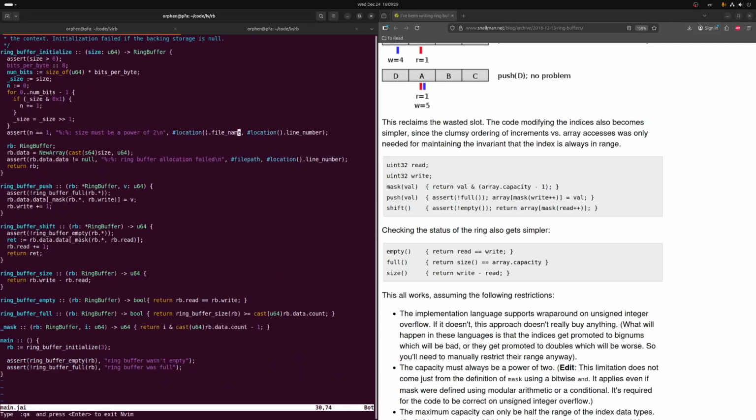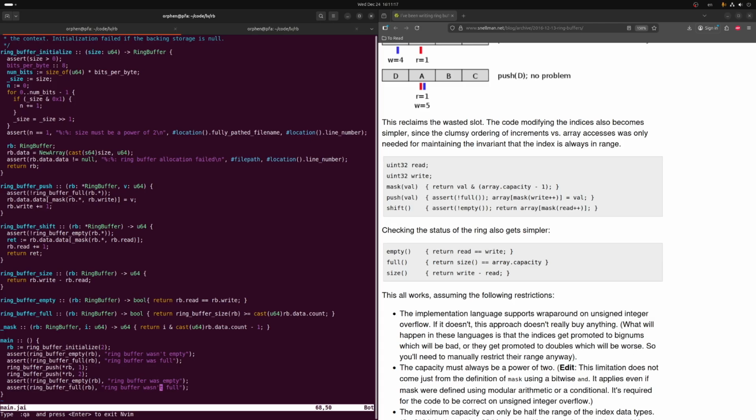Okay, so I need to change a bunch of code in my game code. This is going to be fully path file name. Ring buffer push, and we're going to push to RB, and we're going to push a 1, I guess. Assert that it's not empty, right, and assert that it is full. So the last thing I need to do is actually rotate the indices. And in order to do that,